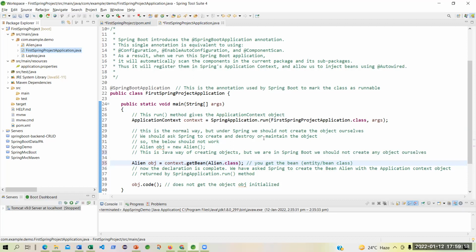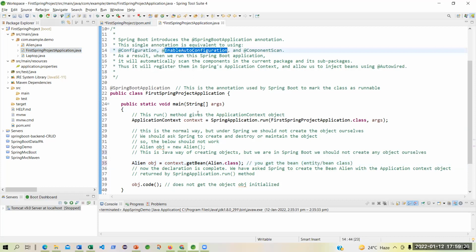And that Spring Boot container has nothing else. It has configured that container. Spring Boot has, like you have this configuration or enable auto configuration and the components, the Spring Boot application. Now Spring Boot application has taken away, you do not need to configure that container. Spring Boot is available with that container. It has configured it for you. What does that container have?